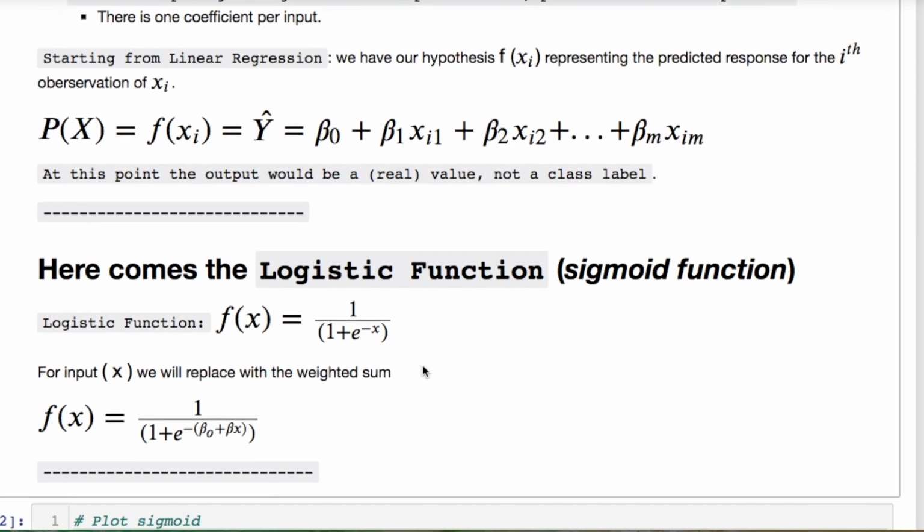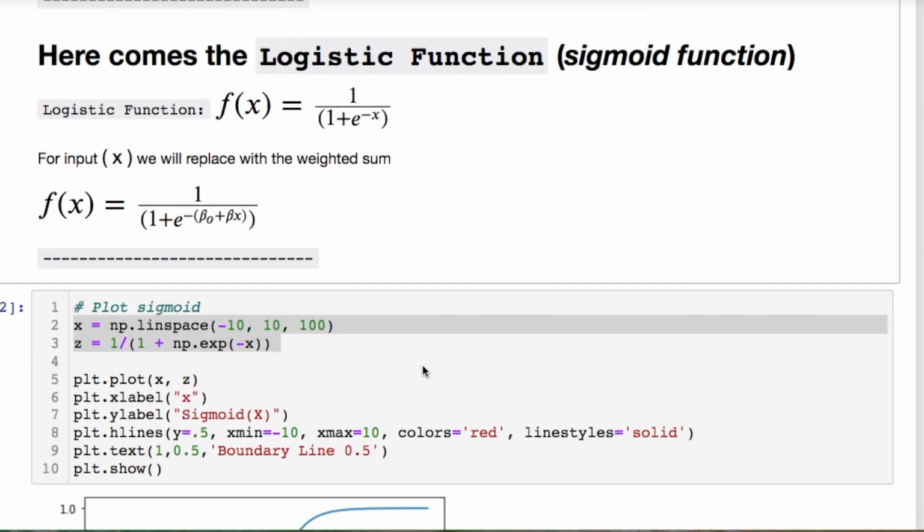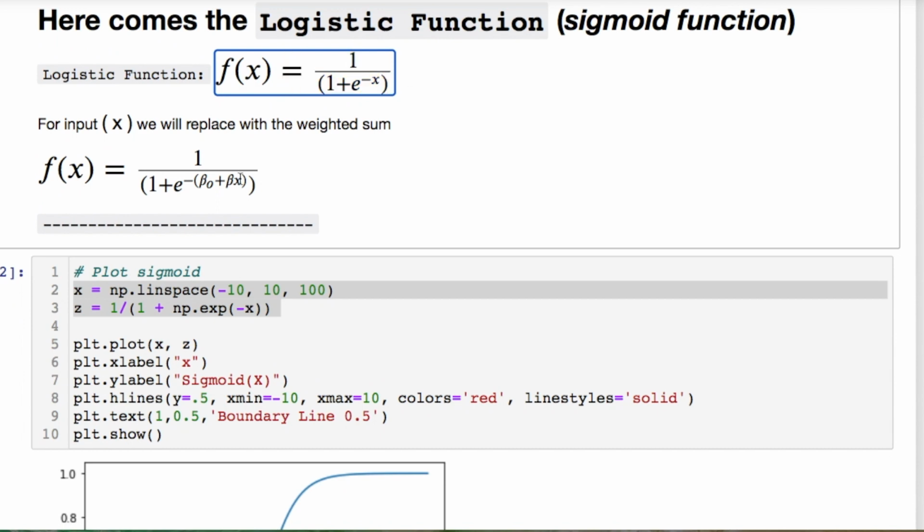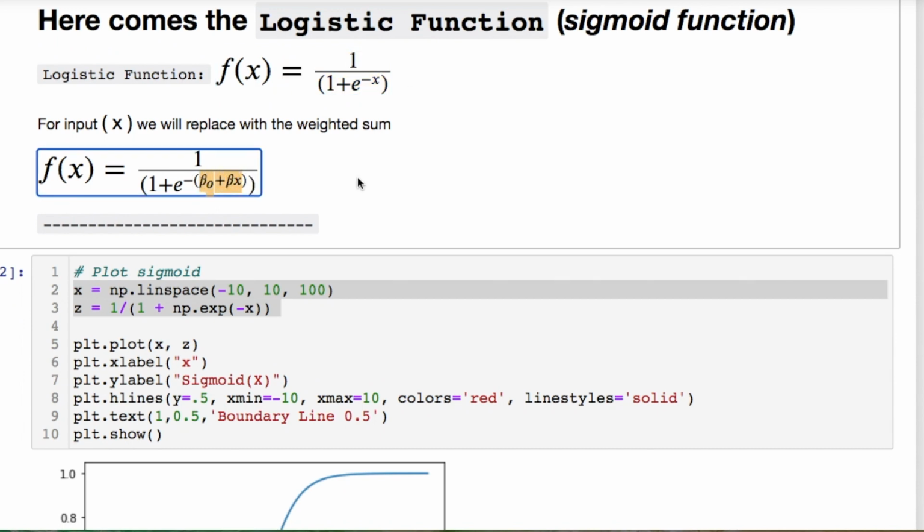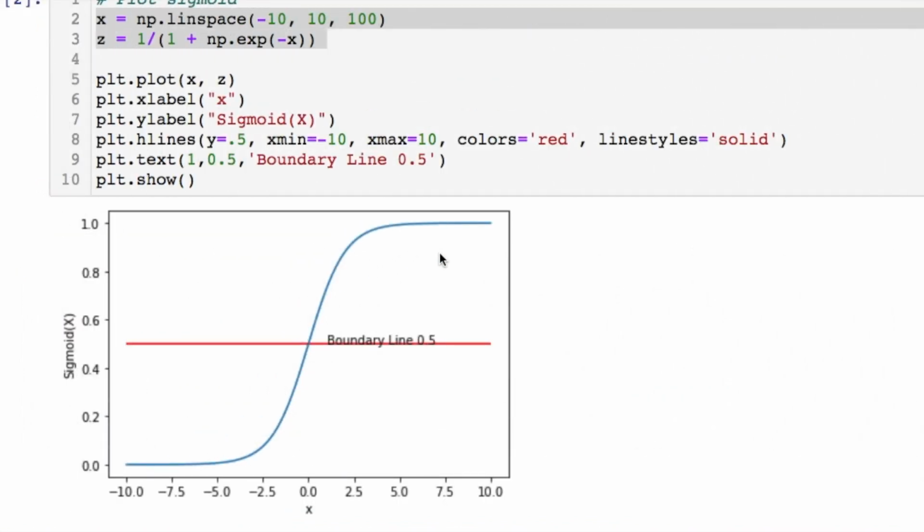So in order to mess with this, we need to use the logistic function or the sigmoid, which is this. Now pay attention here, right here. That's going to be dictated by however many parameters you have, okay? Here's the plot of the sigmoid function from 0 to 1 with a boundary right here of 0.5. If we were in this range right here above that, we'd be in this particular class. If we were anything lower than this line, we'd be in this particular class.